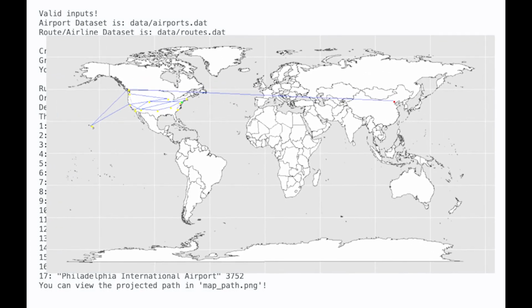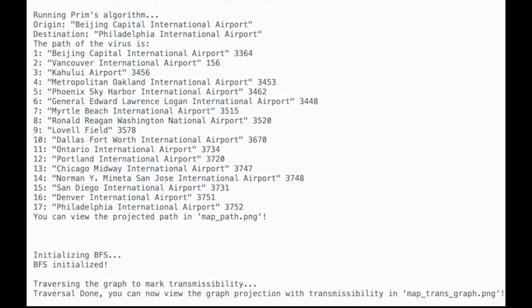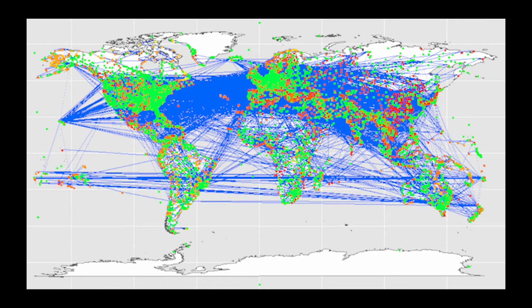Subsequently, the program initializes a BFS object, and we let it iterate the entire graph and mark the height. Lastly, we project another image called mapgraph_trans, which demonstrates the transmissibility of the virus at each airport. The origin point is red, and destination airports that have direct flights with this origin have the highest concentration of redness. And as height increases, or the distance from a node to the origin increases, the color of the node